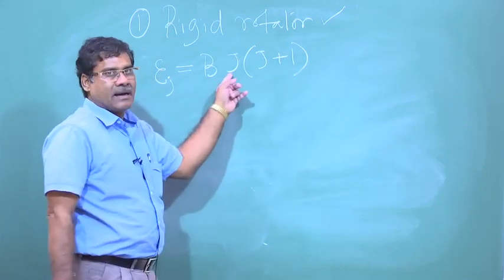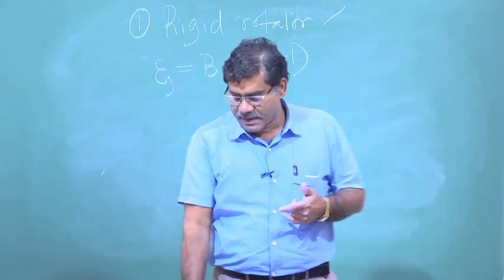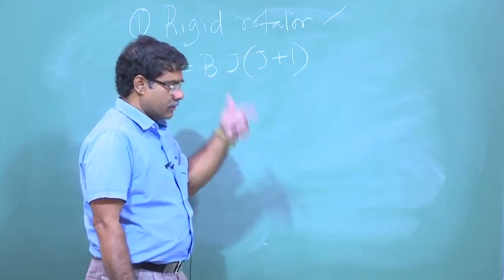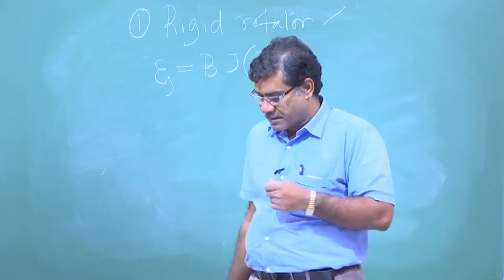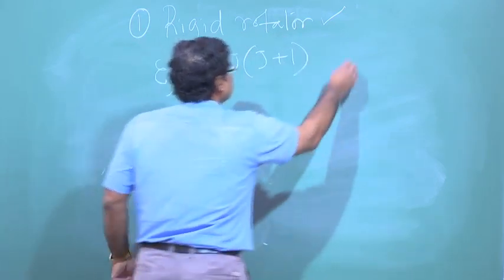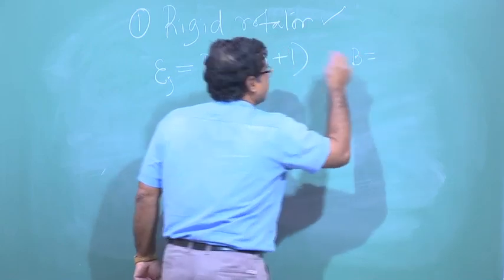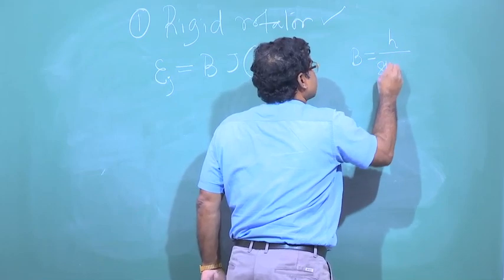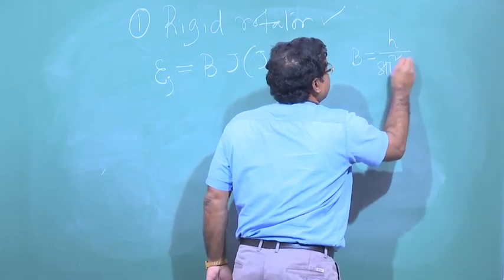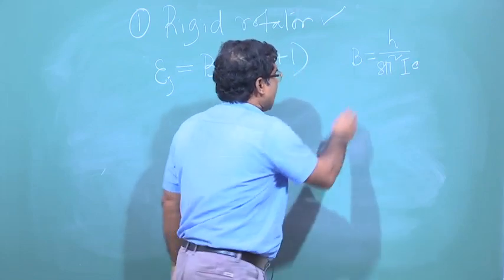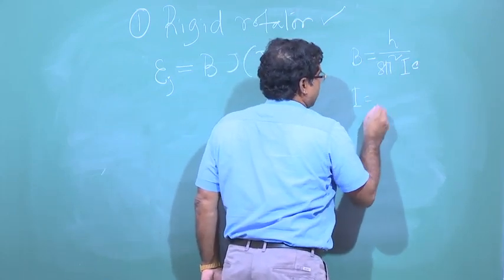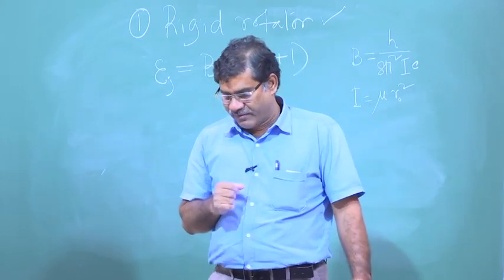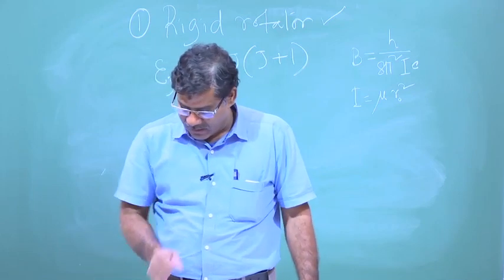J is the rotational quantum number, and B is the rotational constant. B equal to h by 8 pi square I c, and I is the moment of inertia, which is mu r0 square. So, that we have seen, and we have seen also that